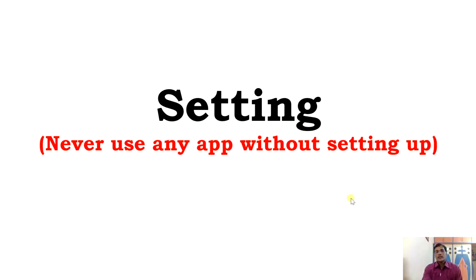You should remember, we should know each and every feature of every app that we are using, especially for our students, because it's a part of safety, it's a part of security. We may not be technically so sound, or we may not be engineers, but we should know what to do and what happens because of what. That's why before starting a meeting, we should know the settings, and I'm going to show you how to make the settings.